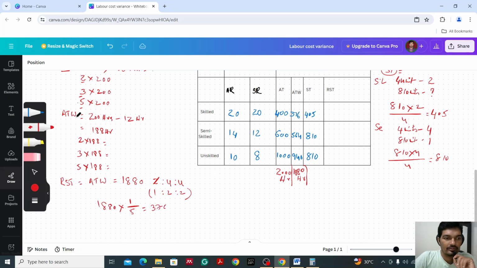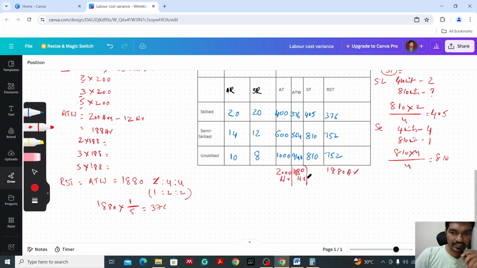376. So this value we have to write here, 376 hours. And similarly, 1880 into 2 by 5, same answer we will get here, 752 is the answer. Same value we should write here. And finally we'll get the total value, similarly, because this is for 1088 hours,